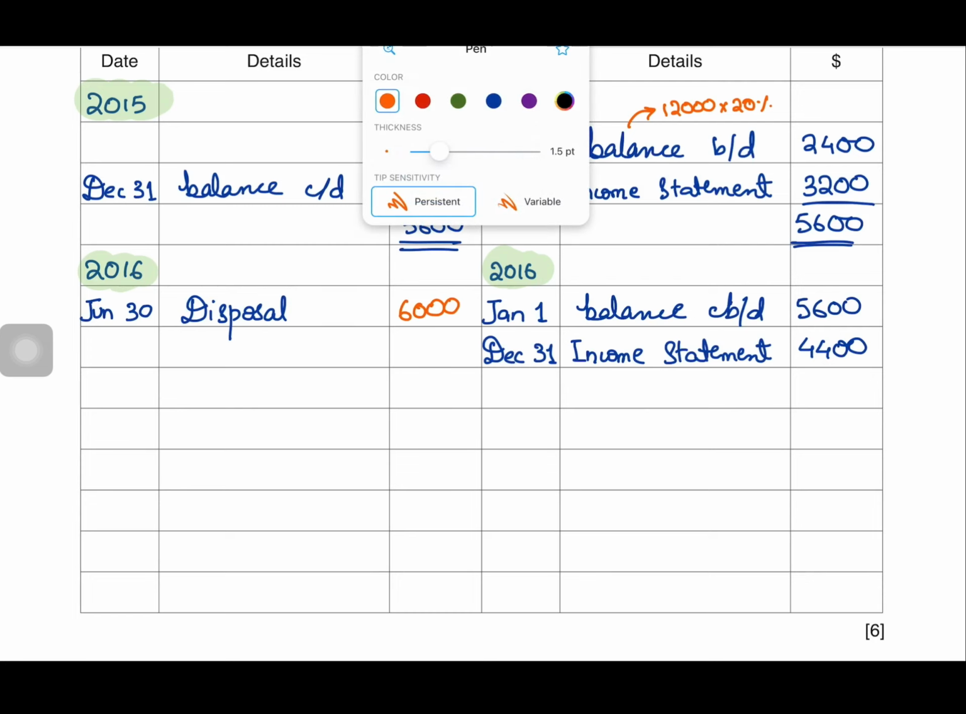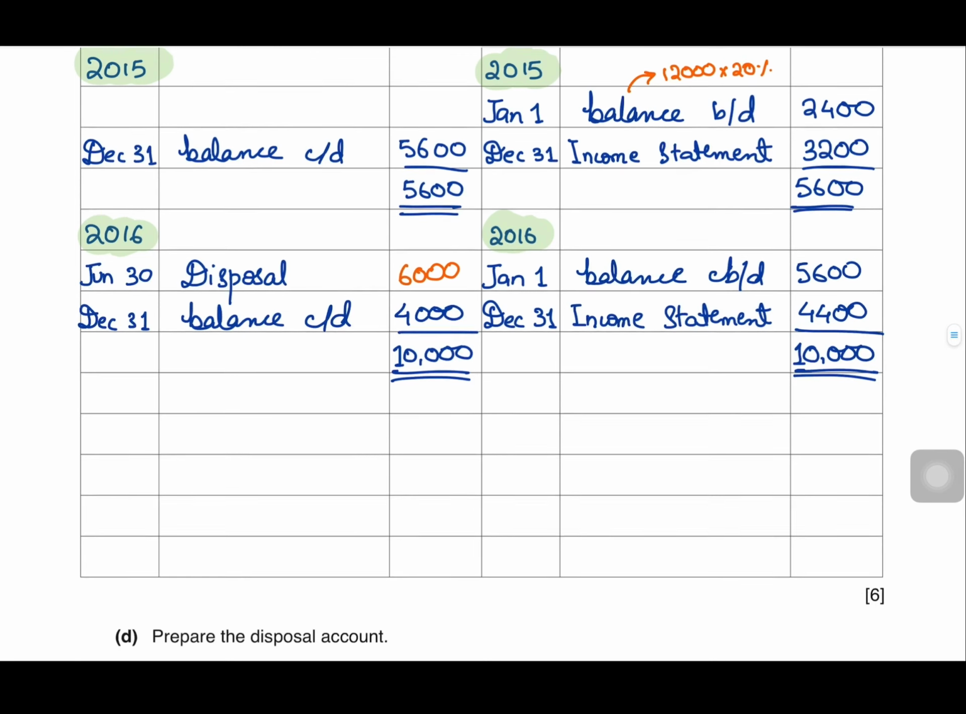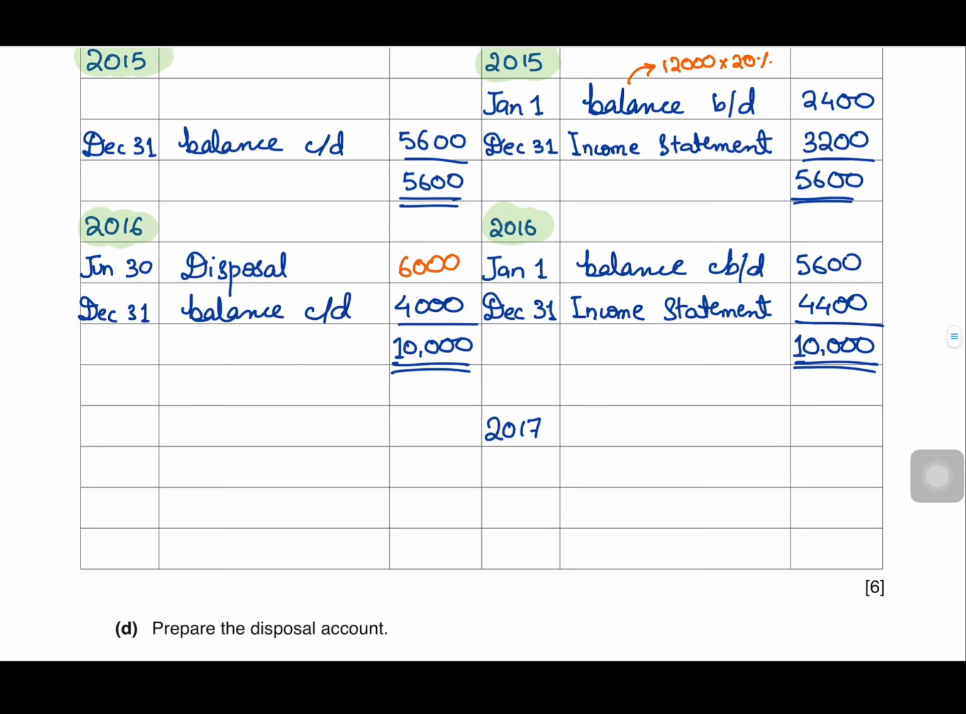right? Now we are just left with the last entry, and that would be the balance carried down figure, and that will be calculated by adding 5600 to 4400 and then subtracting 6000 from this figure. So that would be $4000, and our totals will be $10,000. Now lastly, we have to bring down the balance for the next year as well. So 2017 January 1st, balance brought down will now be